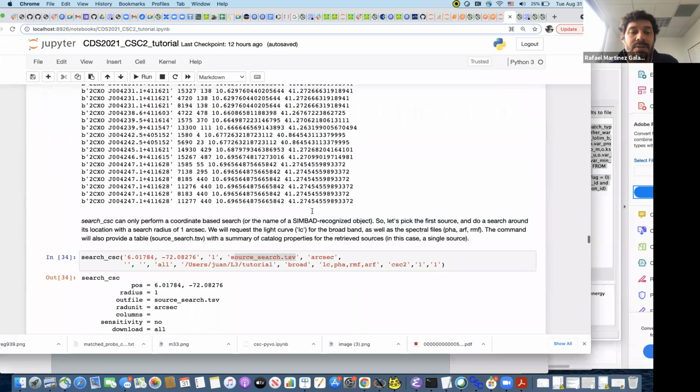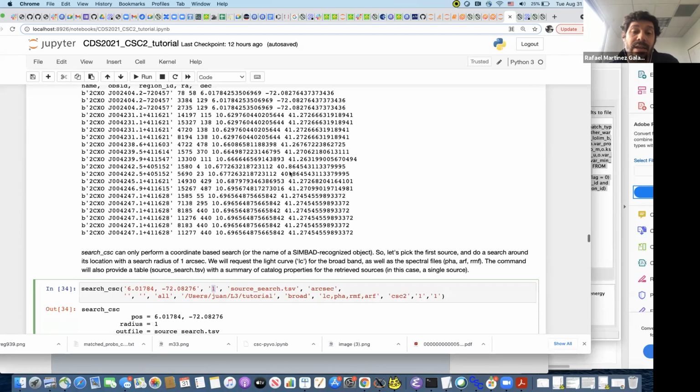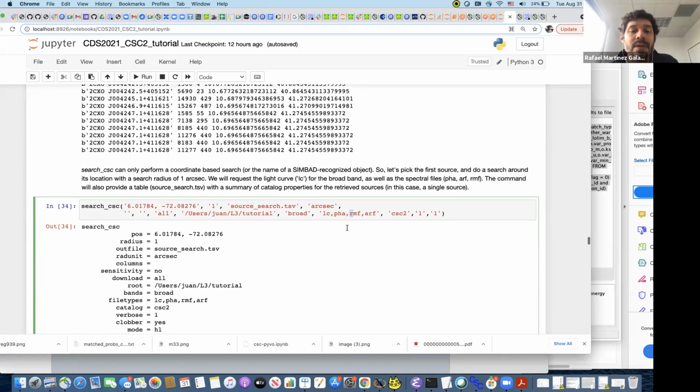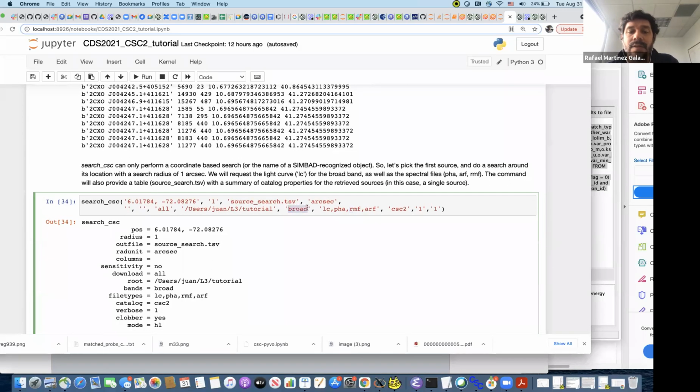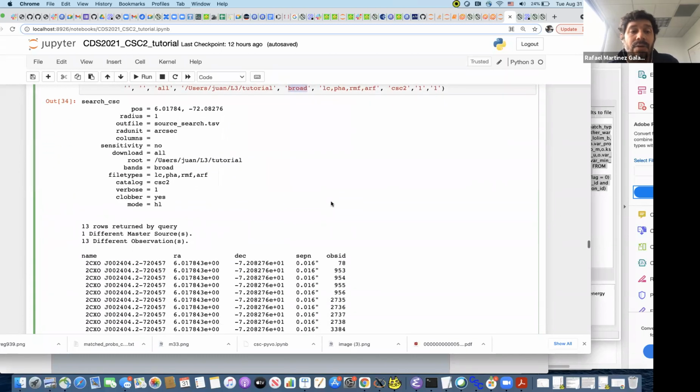I am doing a search_csc query around this position. I am using only a search radius of 1 arc second because I want to only select the first source, and it's unlikely that you'll find more than one source there. And I am going to request the light curves and the spectral files, the pulse height amplitude file and the response files that I need, for example, to perform my Sherpa analysis. And I am requesting this in the case of the light curve for the broadband. And when you run this command, then you will get